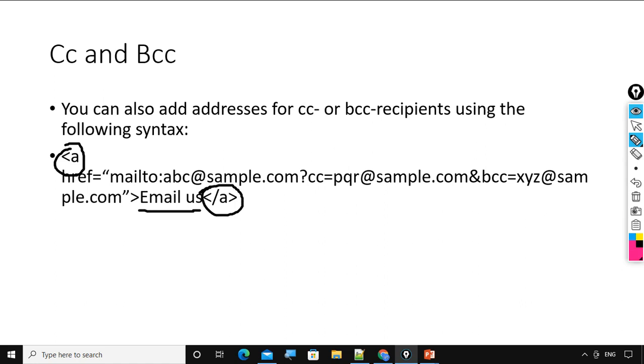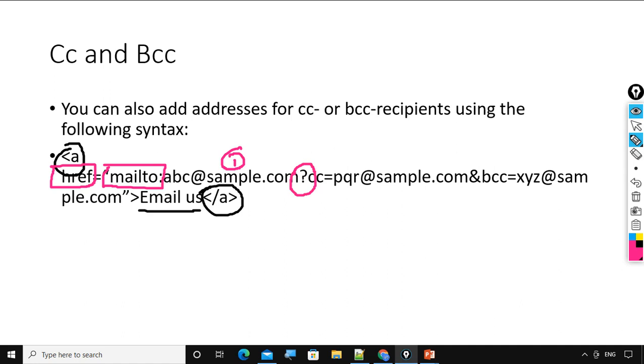Now this is our href, which is a mandatory attribute, and the value starts with mailto colon. After that I have one email address, but I want to send carbon copy and blind carbon copy to other recipients. For that purpose, I will make use of a question mark after writing my recipient's email address.